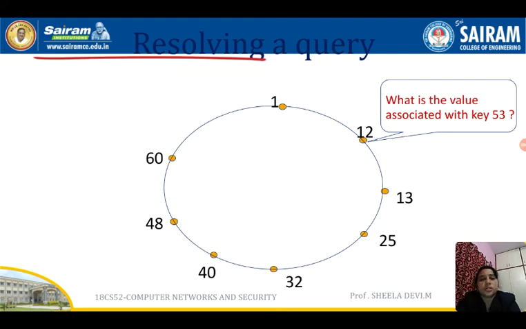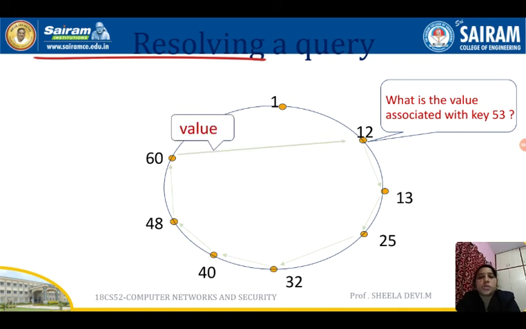The query goes to the pair whose identity is 12. Since it is a circular DHT, 12 knows only 1 and 13. So it forwards it to 13, then 25, 32, 40, 48 and 60. Since 53 is closest to either 48 or 60, one of these pairs will have the value for key 53, that is Harish.